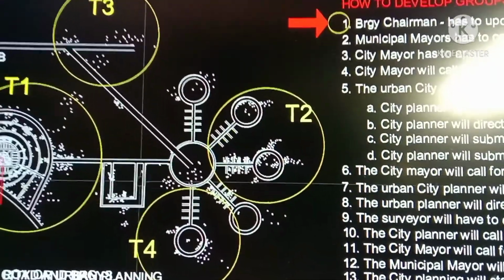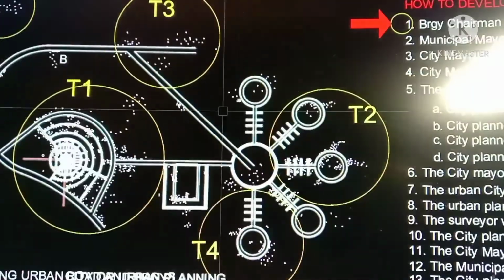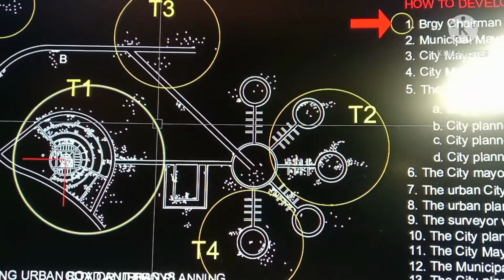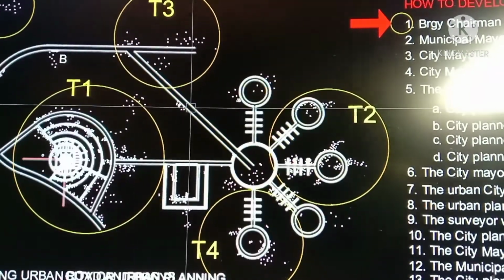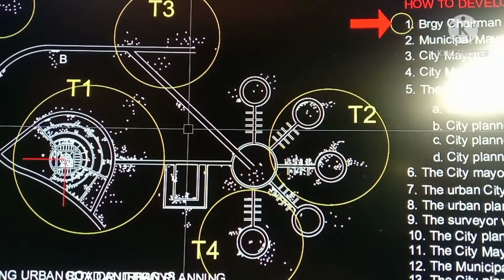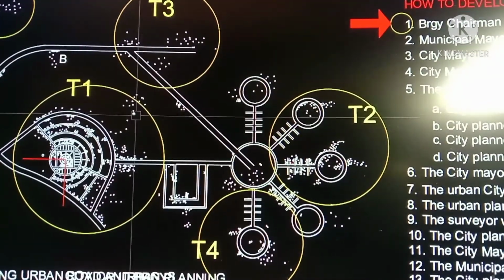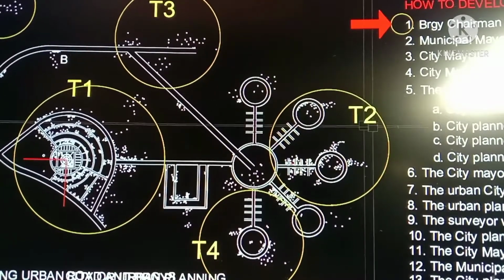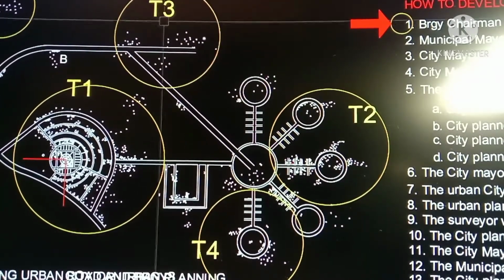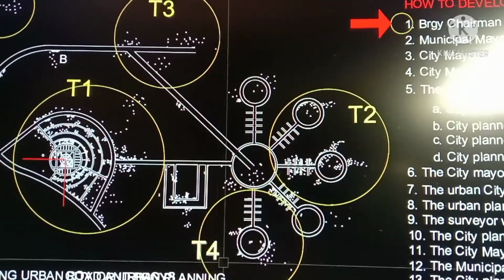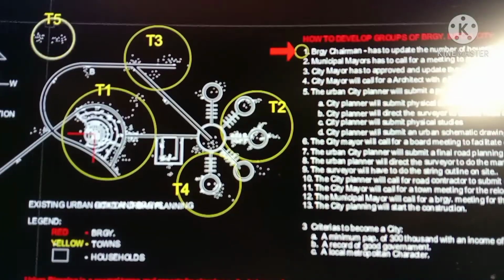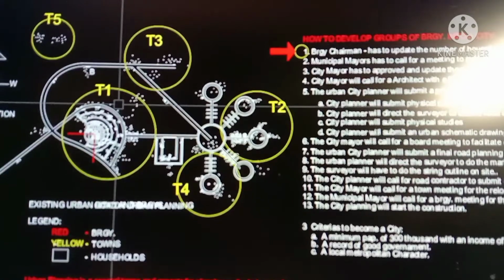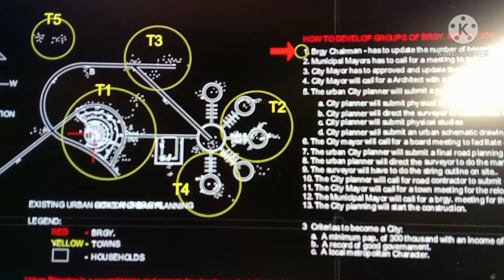Okay, so look at what happens now. It's really very nice. Okay, so the city is still composed of towns. So what is left there is only towns. The barangays are no more because the barangays have been merged into the town. So they have town 1, town 2, town 3, town 4, and town 5. So there will be 5 towns. This city is composed of 5 towns. So that is why the whole becomes a city.